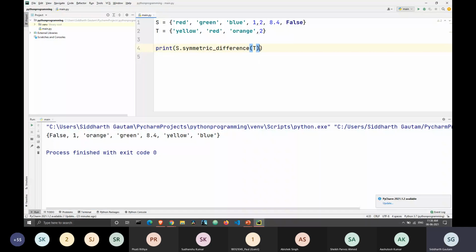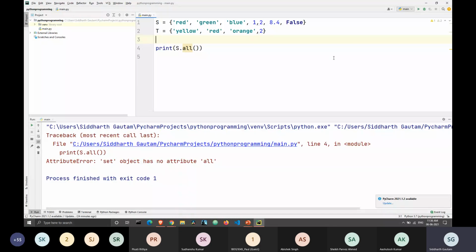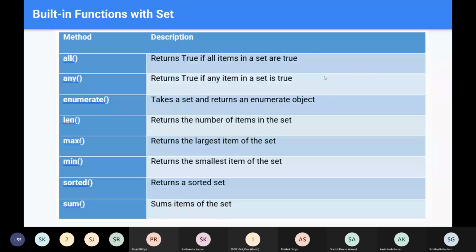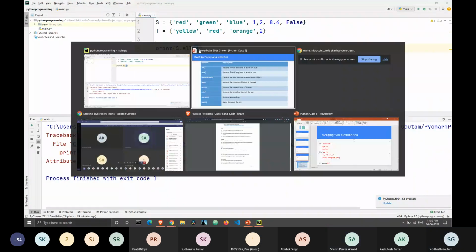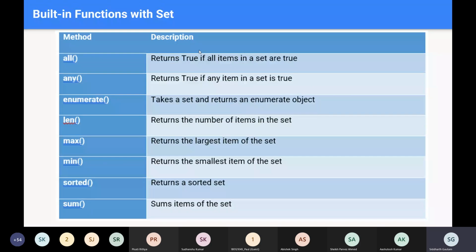So we'll write S, let's say we print S dot all. PyCharm didn't give me a prompt for this, so let's see. There's no error, so let's try to print this. Okay, so there is no method which is all. Parvez, can you again take a look? Maybe the documentation is outdated because I'm mirroring the latest version. Which one? All? Yep, for the S dot all. Wait. Because it didn't throw me a warning, I'm guessing that the syntax is correct, but Python isn't accepting it.